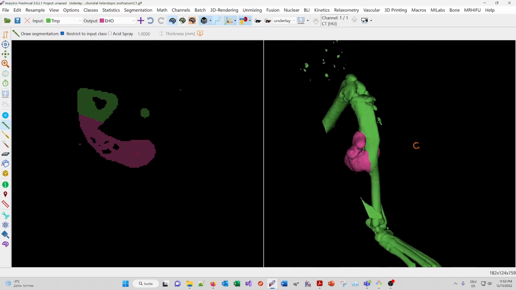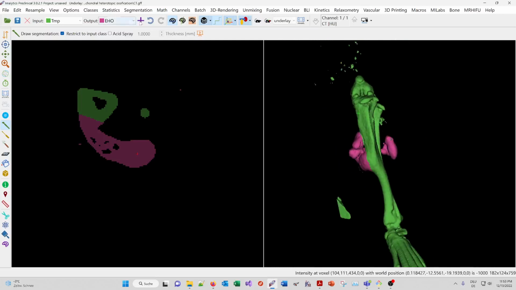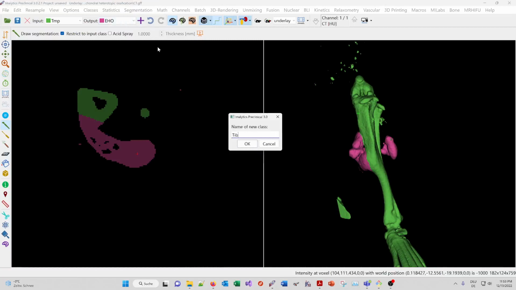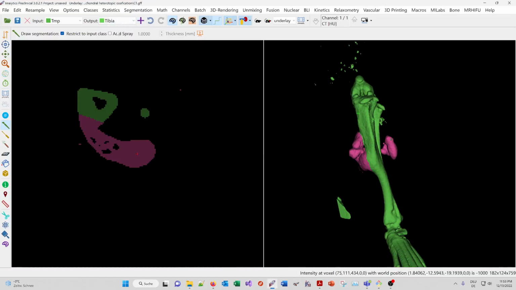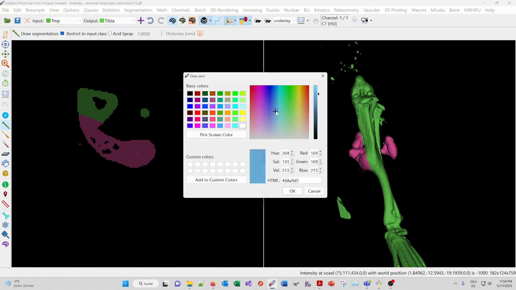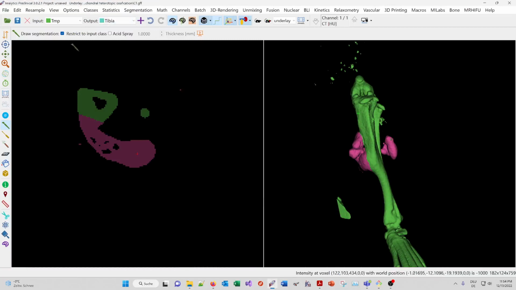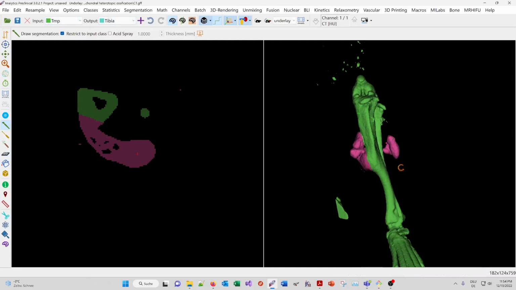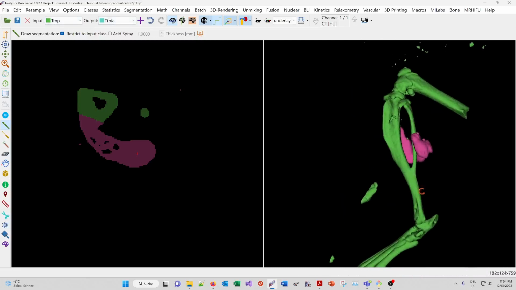Now let's fetch also the tibia in a similar way, but I'm changing the class color of tibia to be more different than the temp class. So this bone here is the tibia.